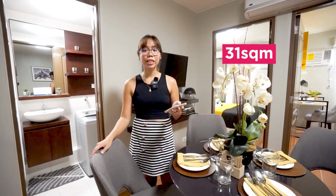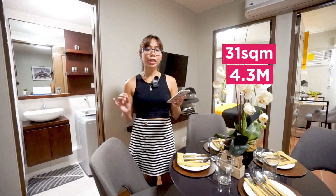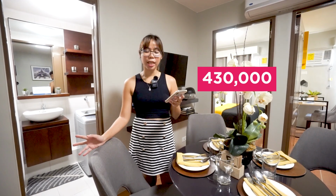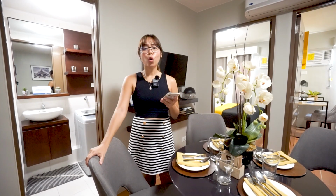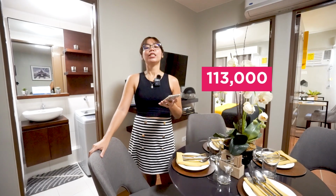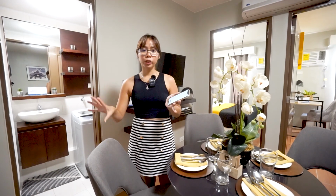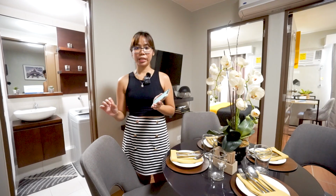For example, with their 2-bedroom unit, which is 31 square meters, the total contract price is 4.3 million. Now 10% of 4.3 is 430,000. So instead of paying the 430K in bulk before you can move in, you only have to pay 25% of that amount. That is only 113,000. So again, it's either 25% of the total down payment or the total equity, or it's 2.5% of the